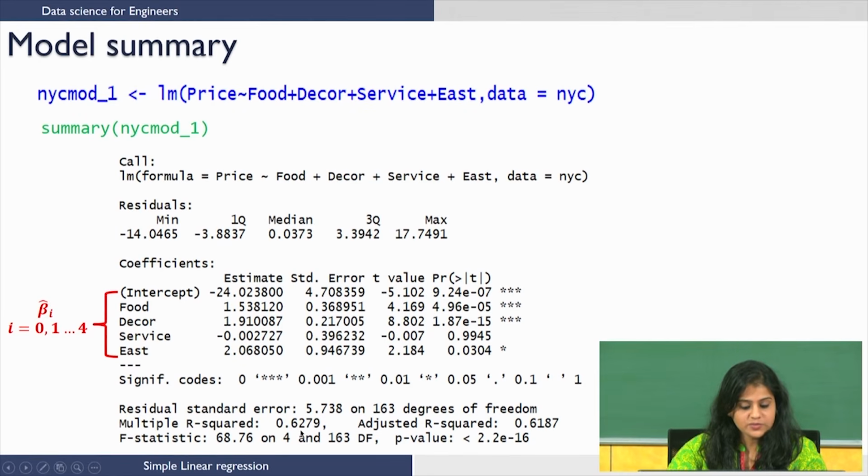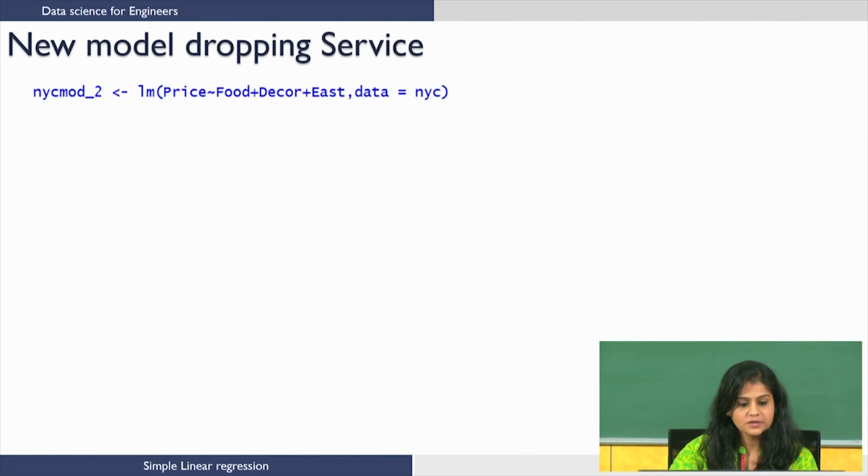The R squared value is 0.628 and the adjusted R square is 0.619, and the F statistic value is really high, which is 68.76. So, this tells you that compared to the reduced model which has only intercept, my full model is performing better and I should retain it. Now that we know service is not significant, let us build a new model dropping service. So, I have dropped service and built a new model,